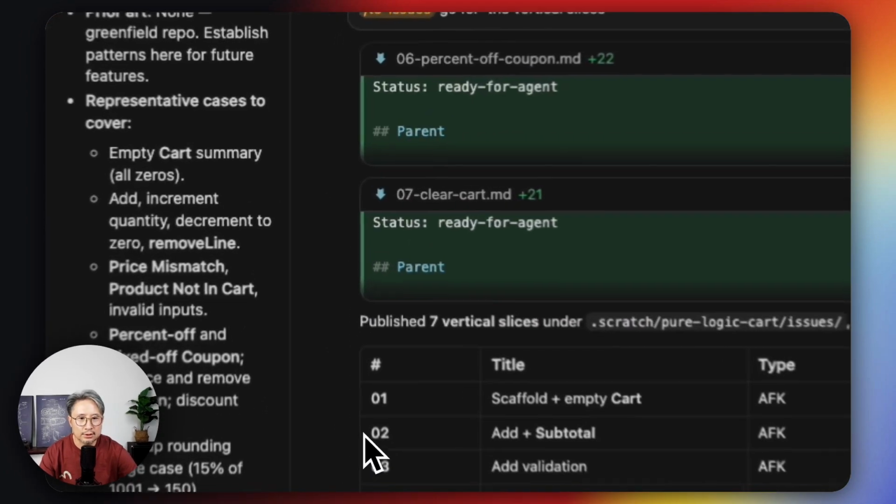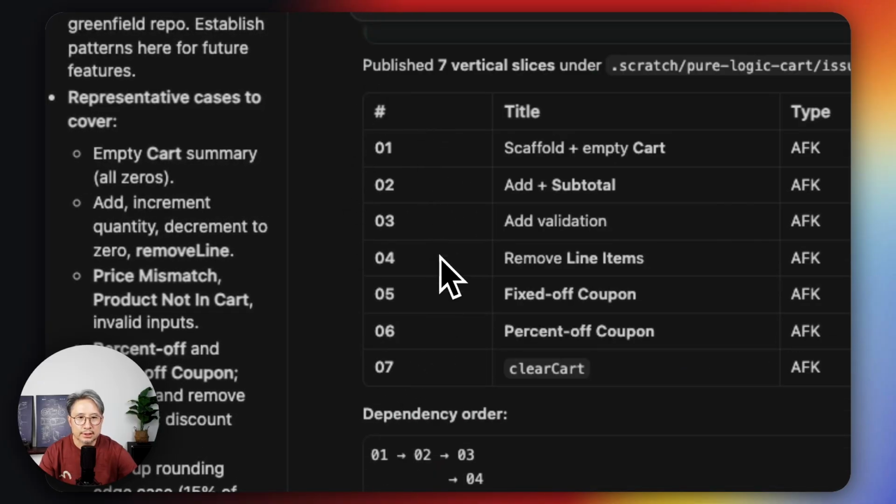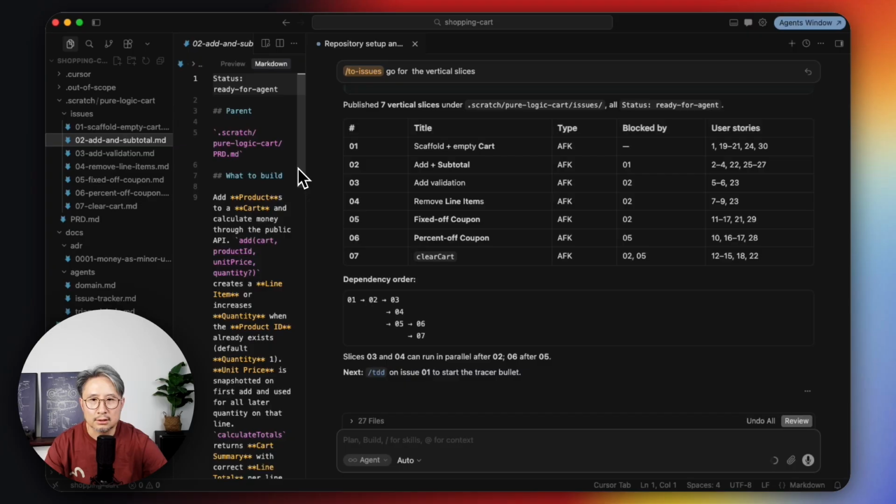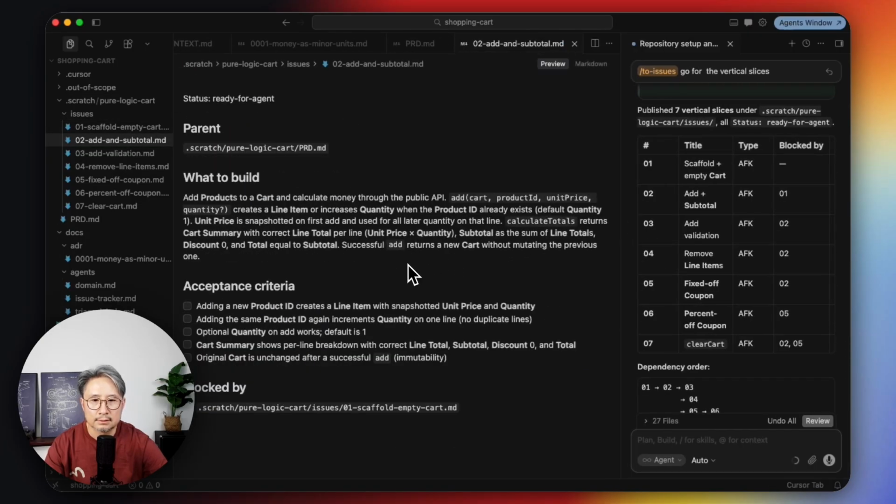After that, the agent creates 7 different slices that cover multiple stories as a group, and it lists the dependency order, giving you an idea which should be done first and which you can step away from for a while. If we look at these files, the content is very straightforward: it tells the agent what to build, what the criteria are, and the relationship to other slices.